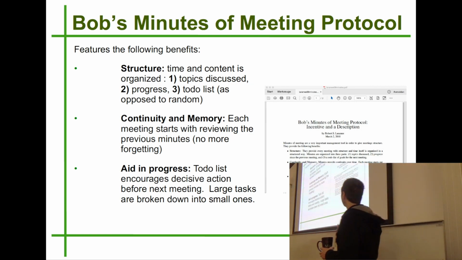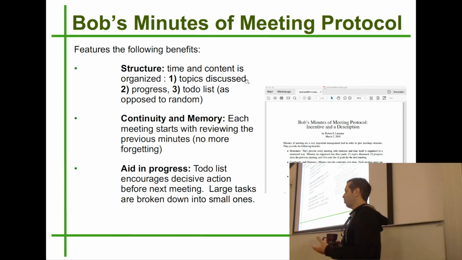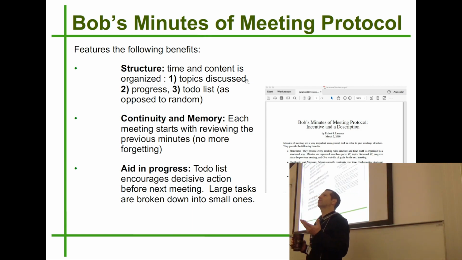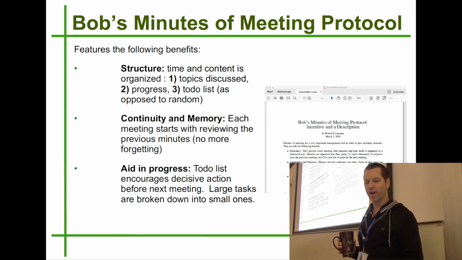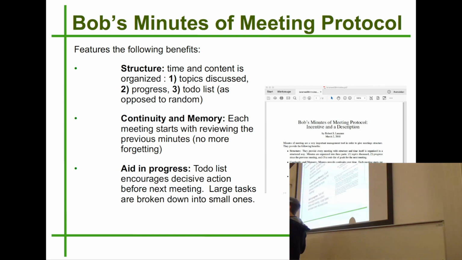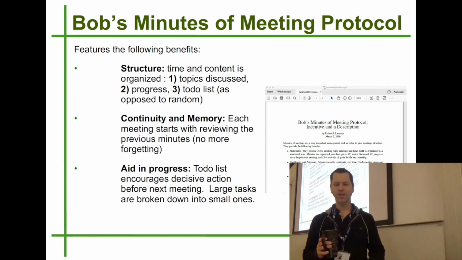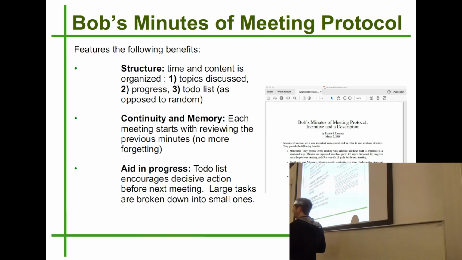So suddenly you have a structure, and it addresses all those questions. Like the topics discussed addresses all this problem of, didn't we talk about this already? I can't remember what we talked about in the previous meeting. Like it addresses those 2 problems. Progress addresses how to prepare for the upcoming meeting. Like, what do I need to do to prepare? And then the to-do list is the takeaway. What do I need to do after this meeting? Now that the meeting is finished, probably I should do something.